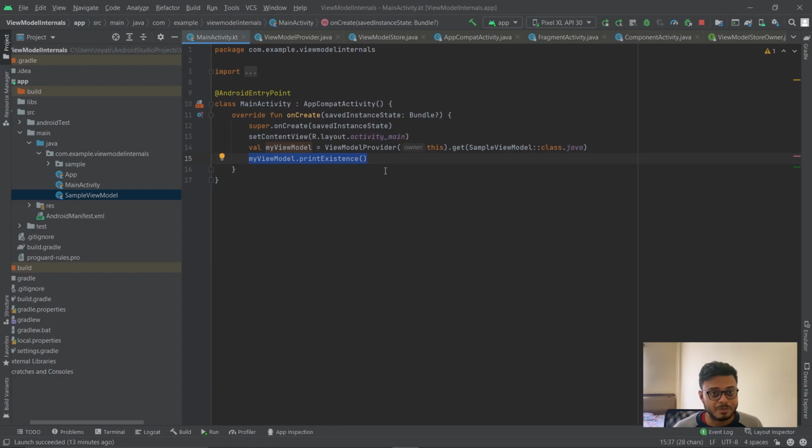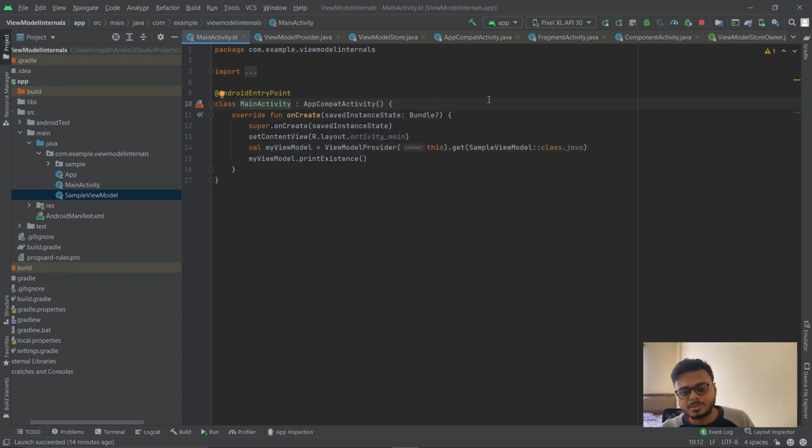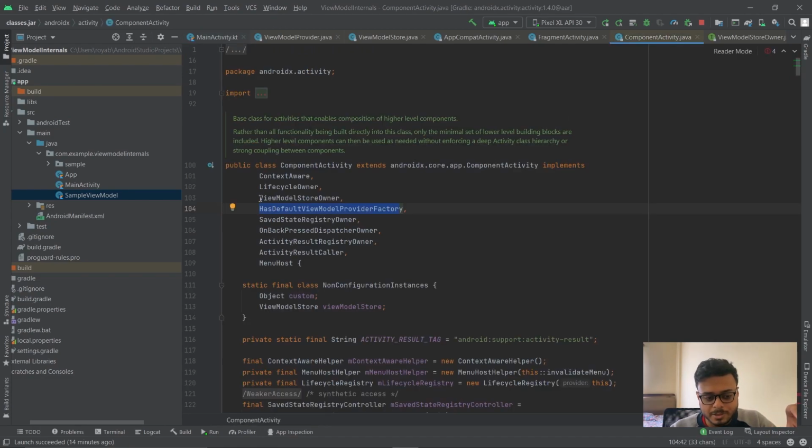So that's how mostly a view model works, right? So just to recap, maybe, what we do is we use this view model provider class, pass in an instance of the view model store owner. Now view model store owner has one method called get view model store, right? So the owner provides the view model store, and we saw that the main activity, which has a few superclasses, goes up to the component activity, and the component activity in turn is the one that implements this view model store owner interface, and also implements a factory interface, right?